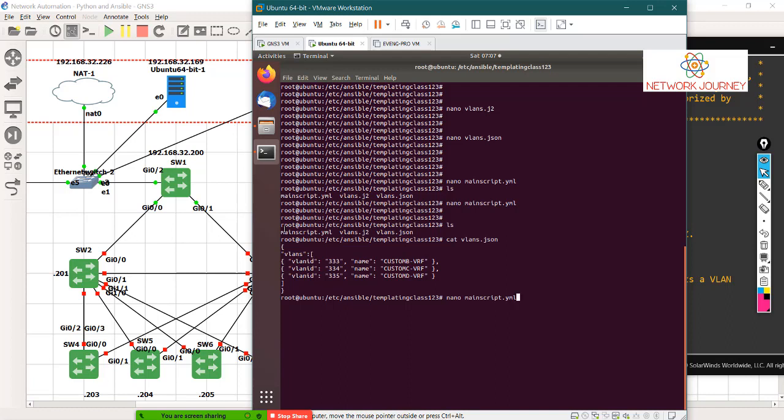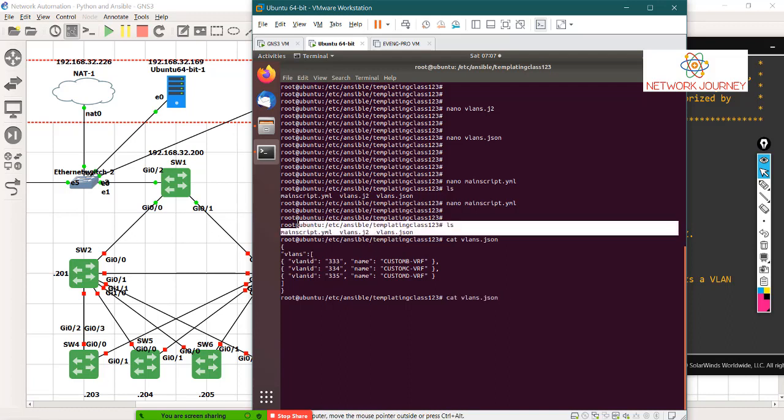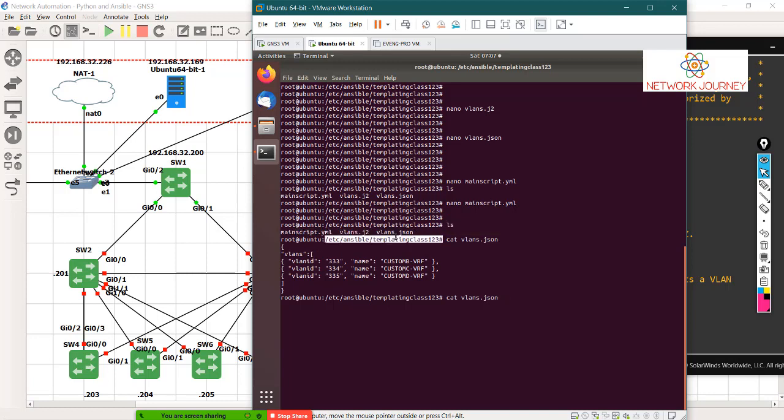Okay, so three files. In case of dynamic Ansible, JSON is your data model where you give the input, the numbers, the username. Template is where you define the actual templating for configuring VLAN. Since it's a VLAN, I'm giving an example of VLAN. And then the main script. So which file are you gonna execute every time? You're gonna execute only this file. This is just a one-time creation.